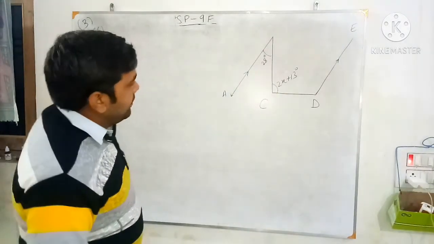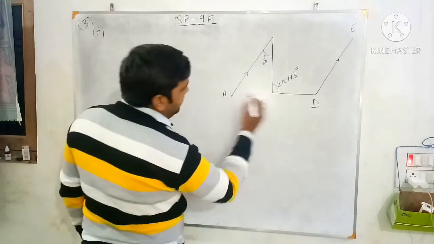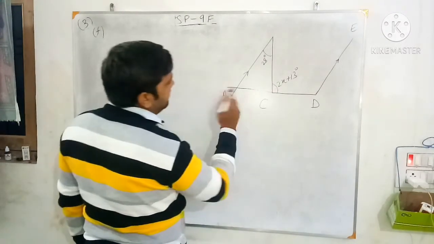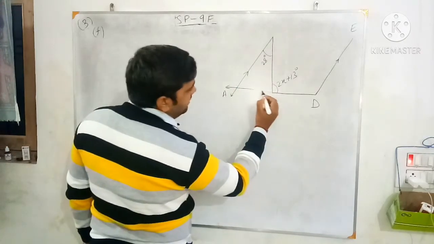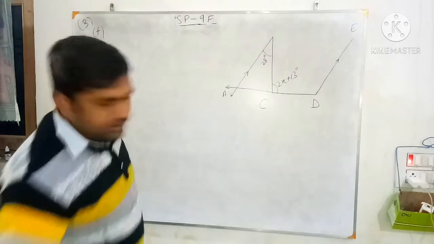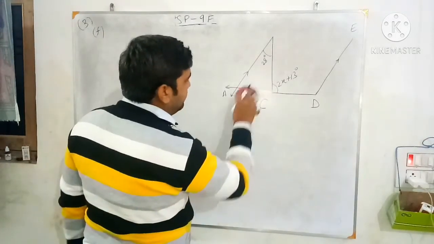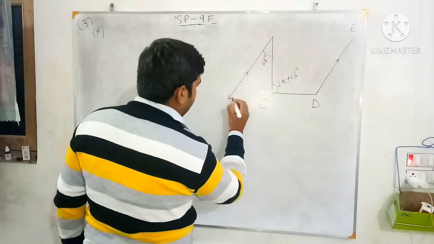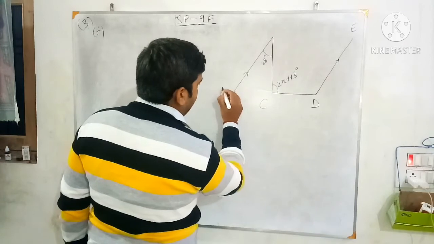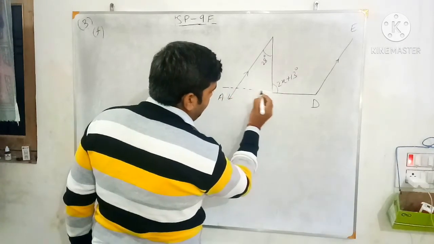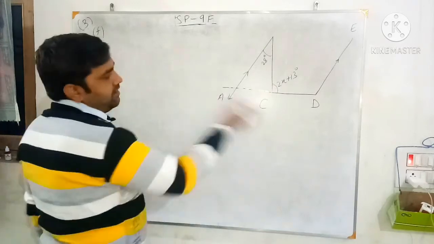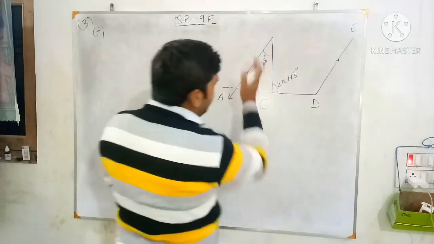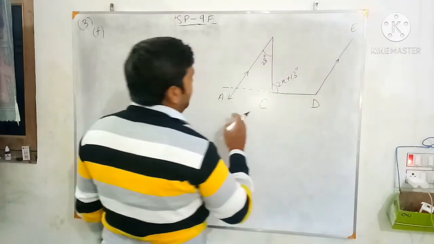So see in this we can do, we have to extend this line. So we are going to extend this line. See that we have extended. Now this is a straight line. Since what we have extended, that is a straight line. Just I have extended it. Now, since these two lines are the parallel, now this is the transversal. This two is the parallel, and this is the transversal.